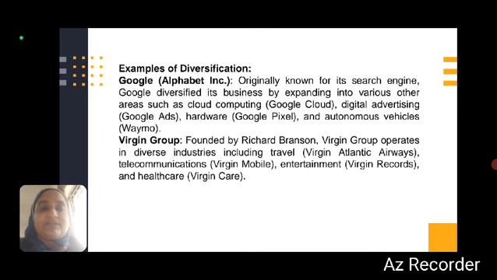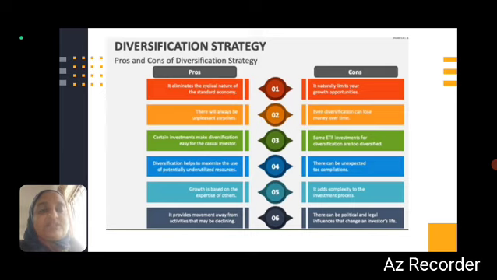Examples of diversification are Google's tablet incorporation, Virgin Group, Virgin Care and other things. I told some of the Indian examples already. So diversification strategies have their own pros and cons. So you can see it eliminates the cyclic nature of the standards, the natural limits